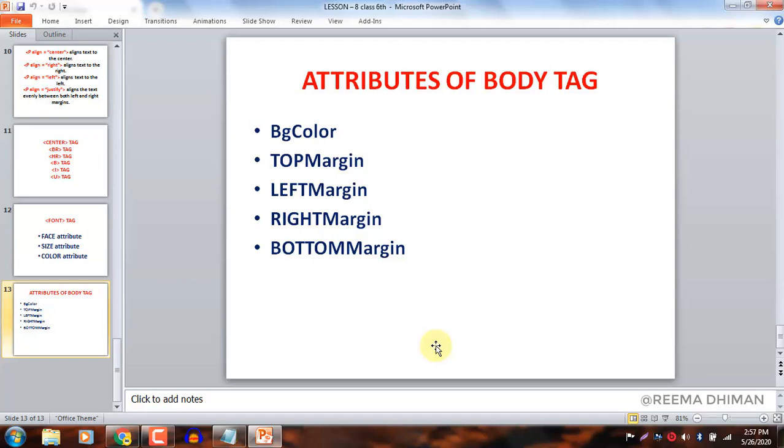So you must concentrate on the syntax also: where you have to open the tag, where you have to close the tag, where you have to apply the forward slash, and where you have to apply the double quotes. So you have to follow the proper syntax.